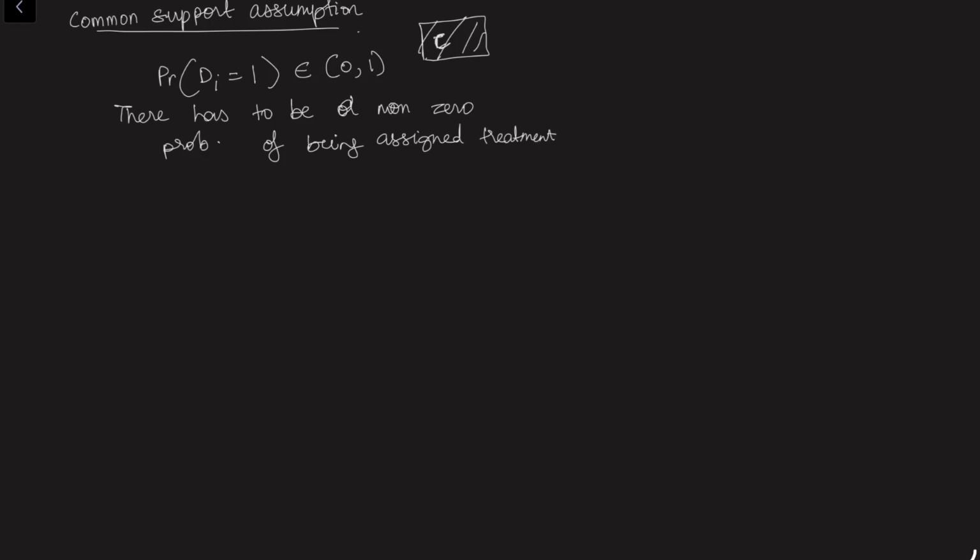Hi. So, continuing on from my previous video where we stopped on the common support assumption, now we'll continue on and talk about correlation and causation in this video. This video may be a little heavy on the calculations related to expectations, but I hope to go through it slowly so that it makes sense, and we will tie it up to the main topic and the intuition in every step of the way.